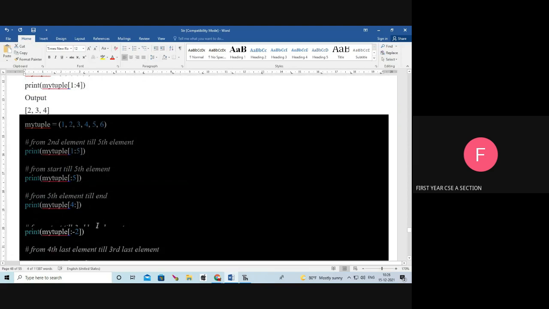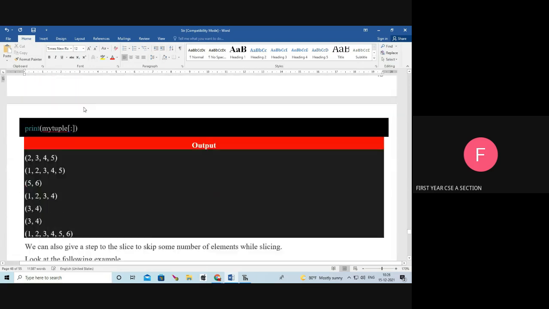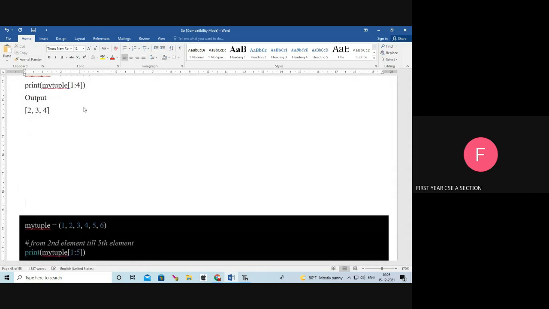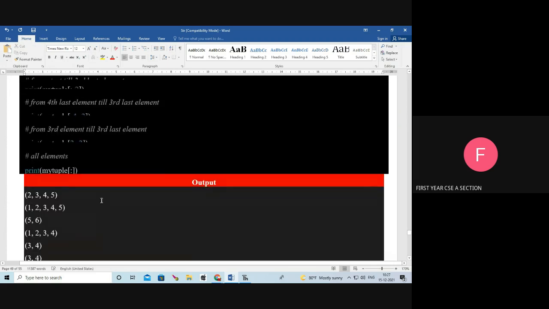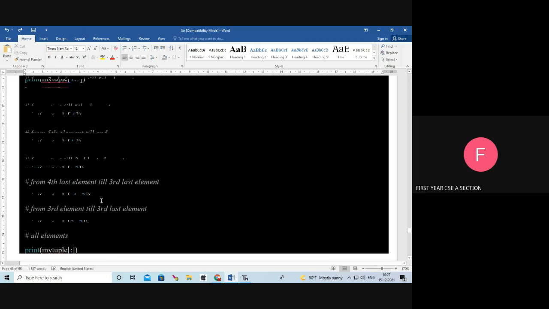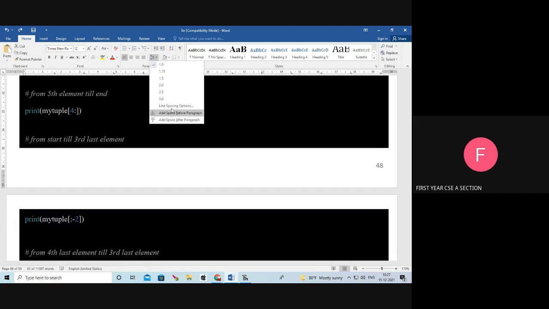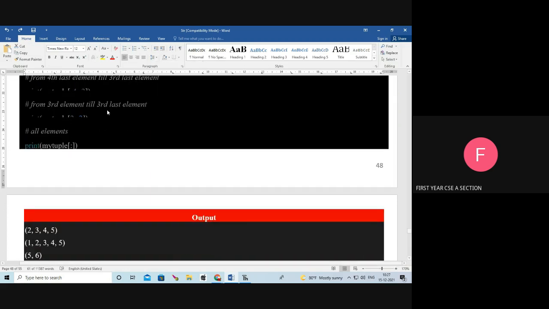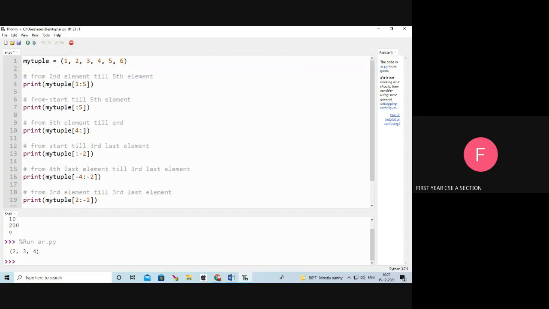Next, we will see another example. My tuple equal to 1 to 6. 1 to 5 means this is 1, 2, 3, 4.